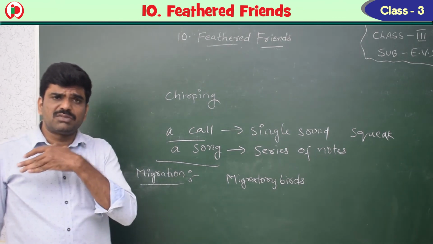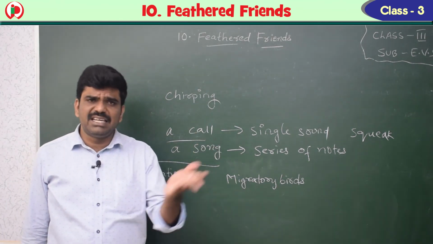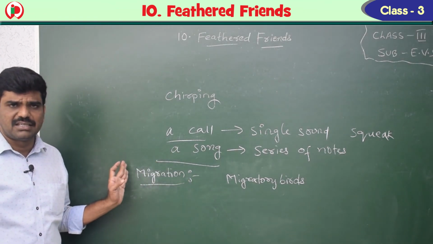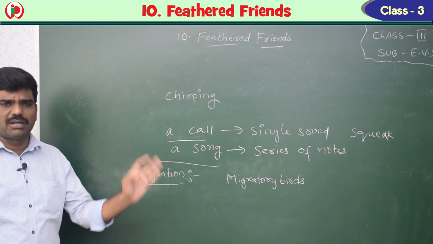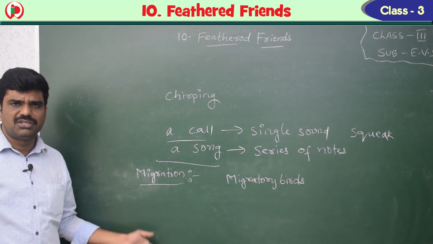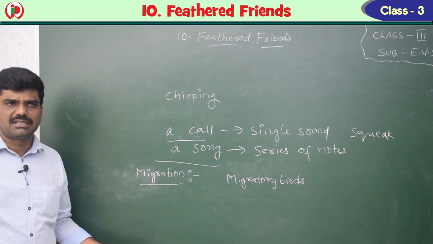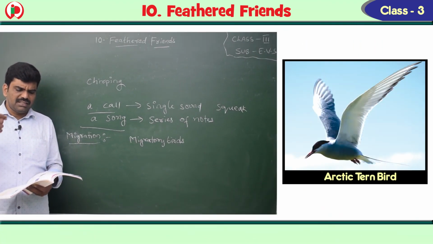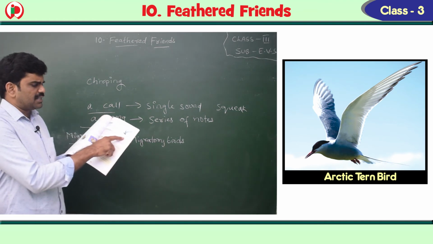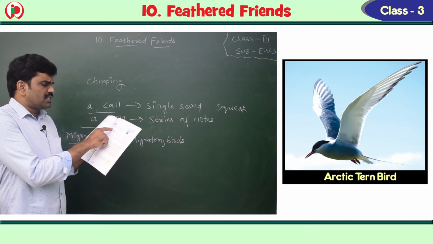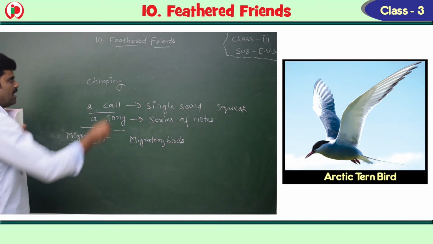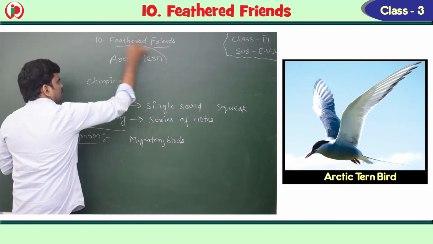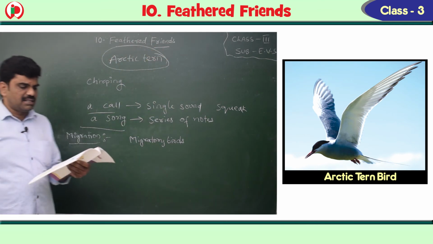So the movement of the birds from one place to another place for these three kinds of reasons is called migration. So migration is nothing but the movement of birds from one place to another place in search of food, shelter and to escape the winters and to reproduce. Okay, right. Do you know the Arctic tern? See children, this is the Arctic tern bird. It holds a long distance migration record for birds. So the Arctic tern is the bird which can fly long distances.